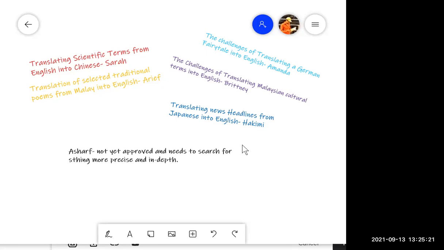And I need to know why you are going to change it, for example. Is it you cannot find enough data, or what is the reason why you are going to change it? Because since we have approved it and you agree with it, and I think it's quite interesting, like most of your titles, it's new. But if you have any concern to change it or to revise it, yes, you can do so,